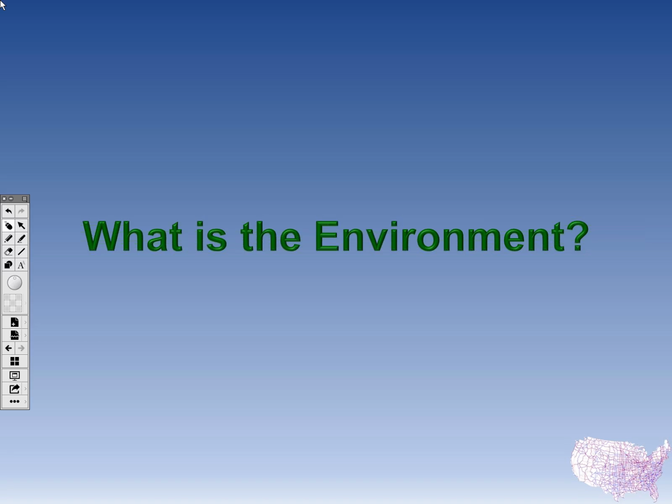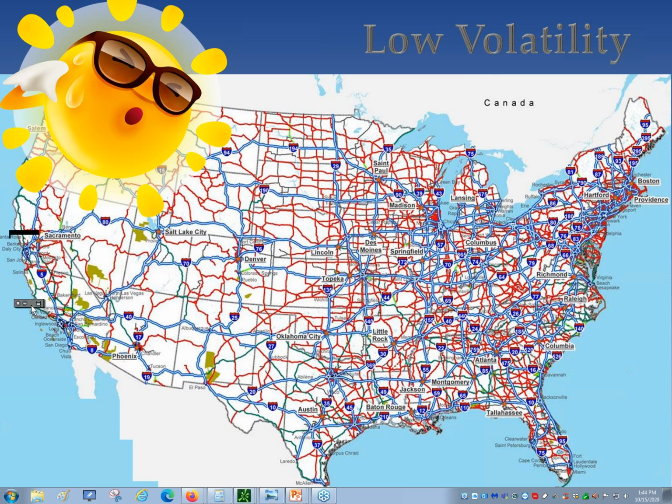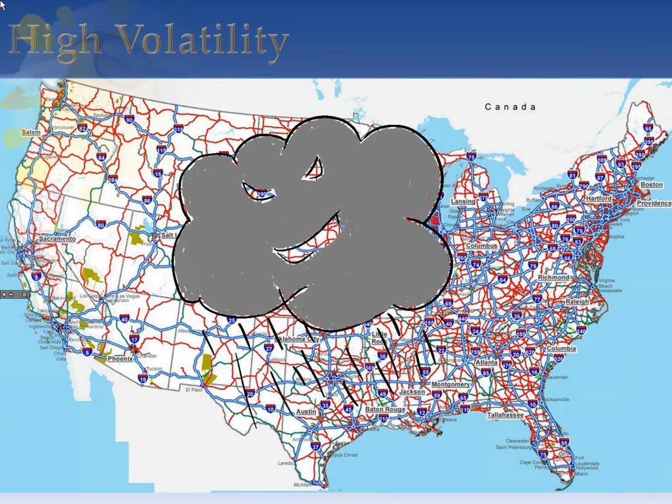All right, so what's the environment? Now, this is where I told you guys this is key to our success, right? We can think about it if we're doing the whole methodology of having a roadmap. Low volatility, you can consider that like it's sunny skies, right? There's no stress level when you're out driving when there's sunny skies. But then when it gets to be a little bit crazy or there's storms, there's thunder, lightning, visibility is low, well, you're stressed out. You're doing a little bit more white knuckling as you're driving along, right?